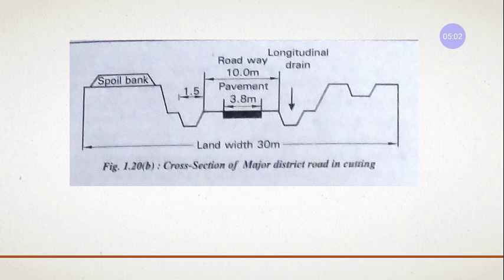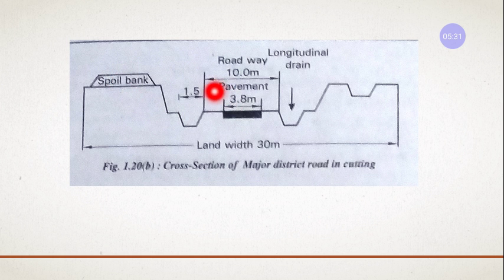Meaning, we have cut part of the soil here. So you can see this is your ground level. This part is called the spoil bank. You can see the line, right? It is your ground level, and this is the excavated part. The soil has been taken and it is kept here. What is a spoil bank? The excavated portion of the soil that has been kept to the side of the road is called spoil bank.